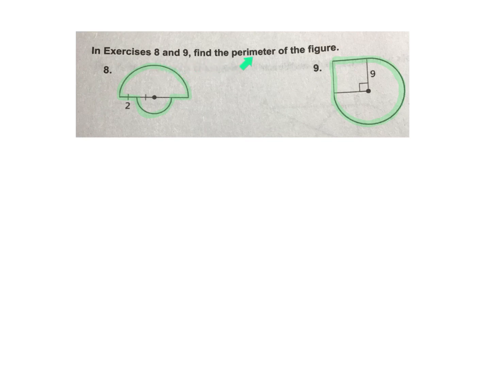In these two problems, the perimeter is a distance around the edge. So let's look at number 8. We can see that this is a half circle on the bottom, and then we have a larger half circle